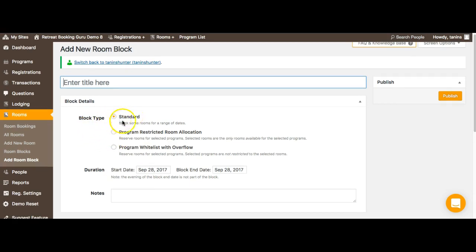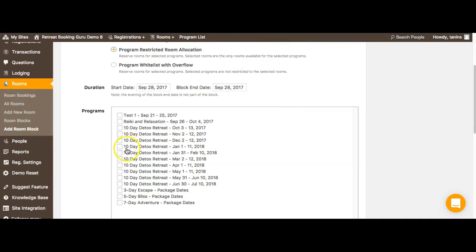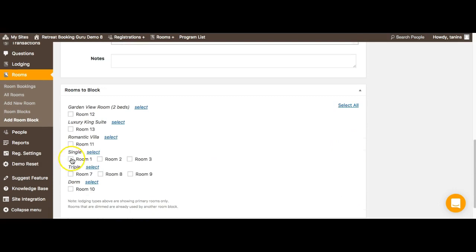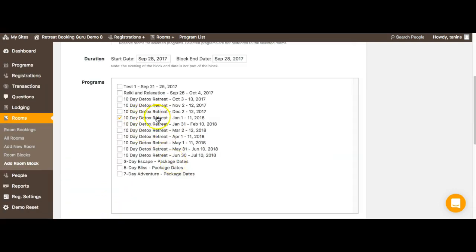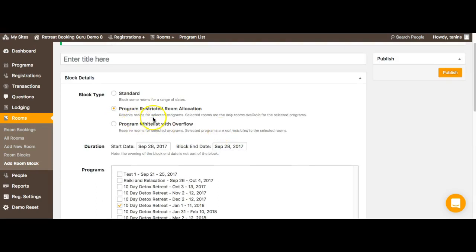There's the standard, which is just going to block rooms for a range of dates. There's the program restricted allocation, which you are then prompted to choose for a program. Okay, so what rooms do we want to reserve and restrict this program to? We're going to reserve these 6 rooms from the single and the triple for our 10-day detox retreat in January 1st to 11th. So these rooms that are selected through the restricted room allocation are the only rooms available for